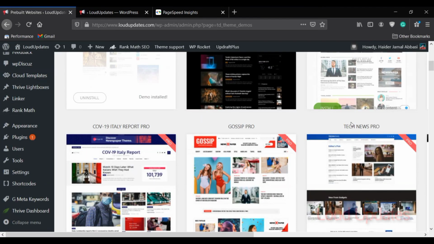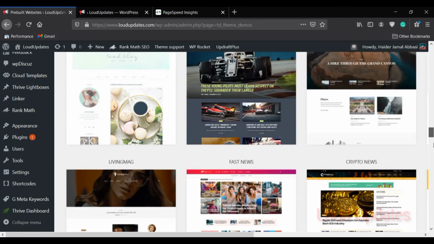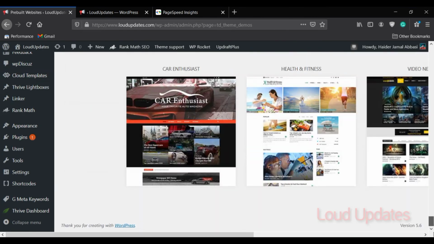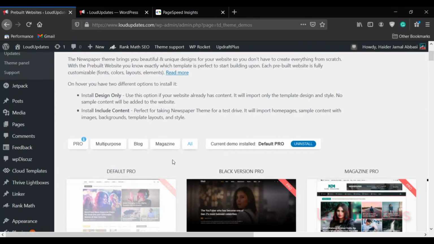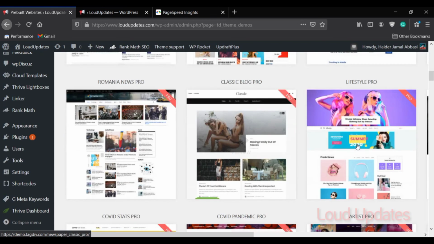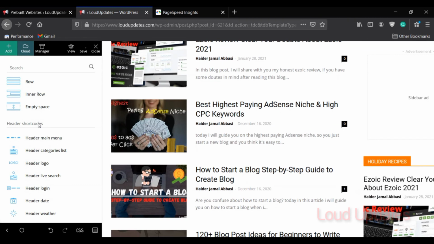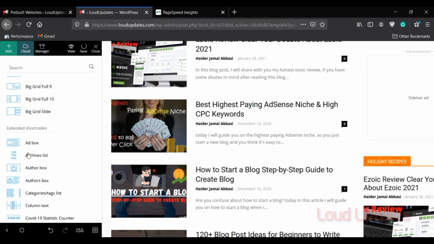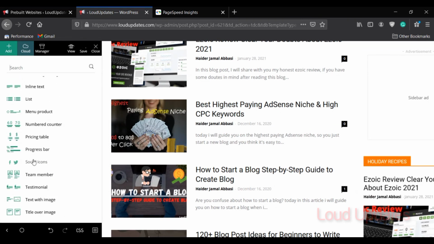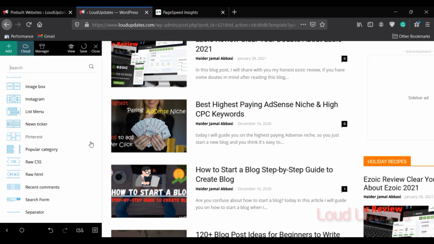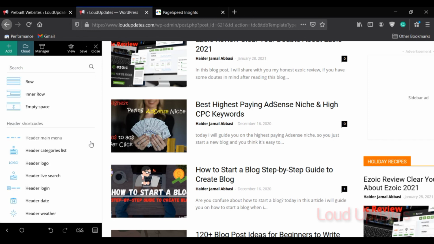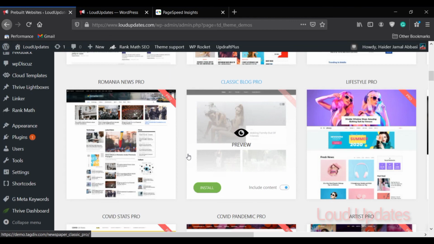I hope this tutorial is helpful for you. If you want different types of premium defaults, you can customize any of them. If you want to uninstall this demo, just click on uninstall. I hope this tutorial is helpful for you on how to customize, and there you can see an ad box, different price tables, and many more things available to customize. Thanks for watching. This is a demo tutorial. I hope this tutorial